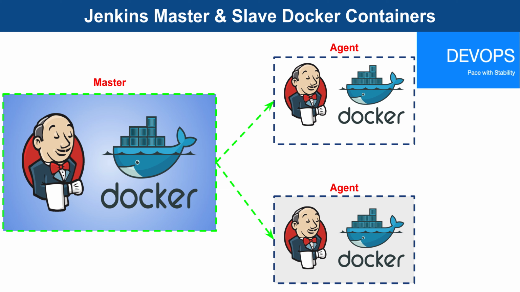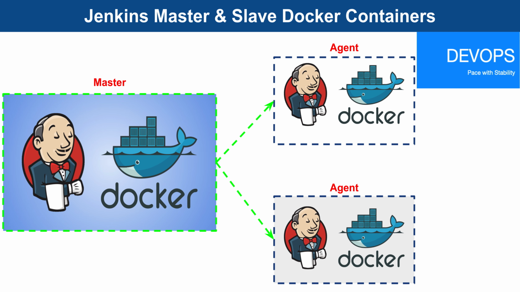In our last session, we covered how to spin a Jenkins Master Docker container, and then we also learned a bit about how we get into Jenkins as an administrator or super user. In this tutorial, we are going to cover how we can get the Jenkins agent containers attached with our master,